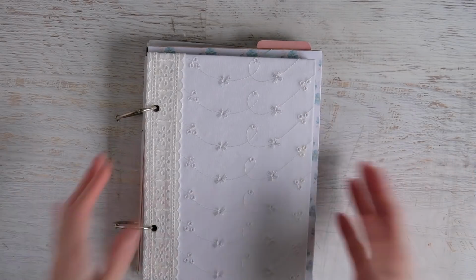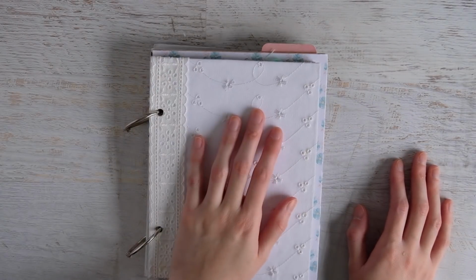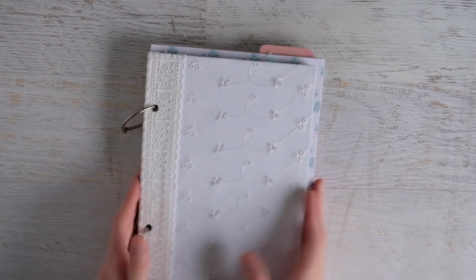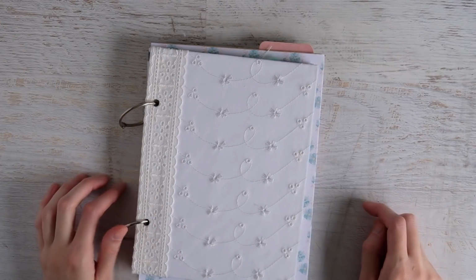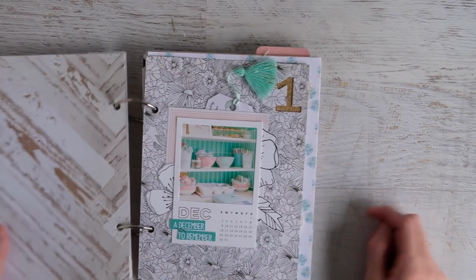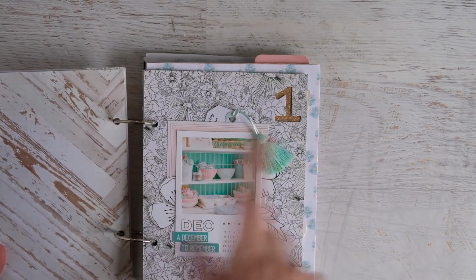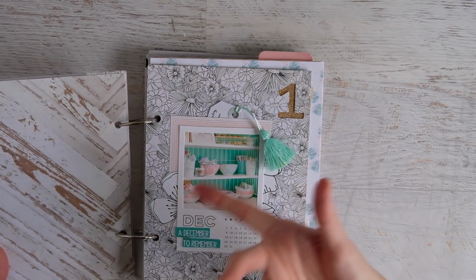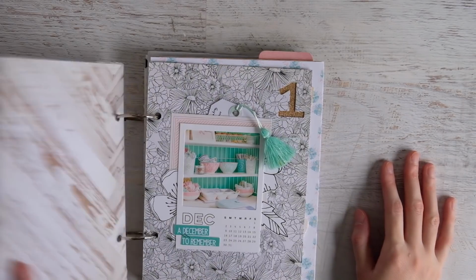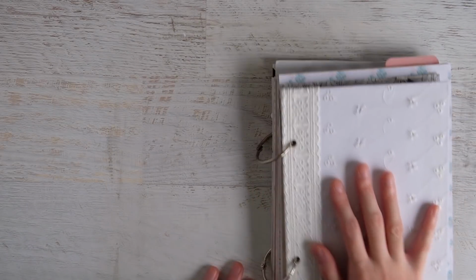But I do like scrapbooking, and I do like my scrappy products, and I occasionally want to make a pocket page or a layout and stuff like that. So that's also what I'm going to be keeping, that album. I didn't show it because it's huge. But I haven't decided yet if I also want to do a little scrap therapy mini binder like I did this year, or use my Felicity Jane planners again for scrap therapy. I haven't decided that yet, but if that is the case, then I will do the whole scrapbooking and art journaling in that. But other than that,